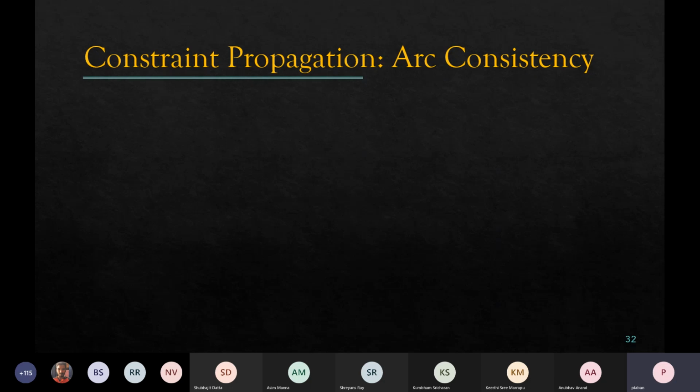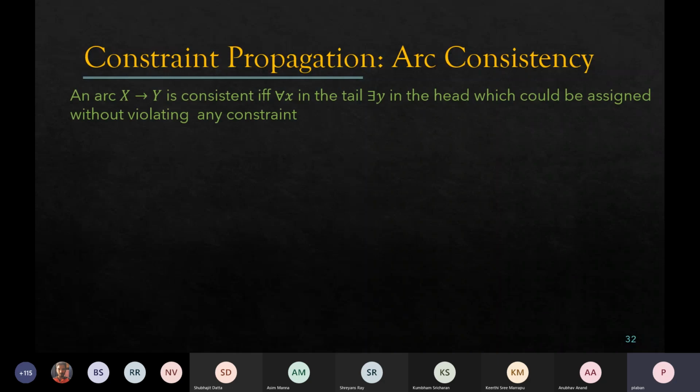We can think of this like this. So let us take an example. First we define what we mean by an arc being consistent, and what an arc is in our constraint graph. Basically, it is an interaction between two variables, right? So the two variables in this definition are X and Y. And we say that an arc or an edge from X to Y is consistent if we find